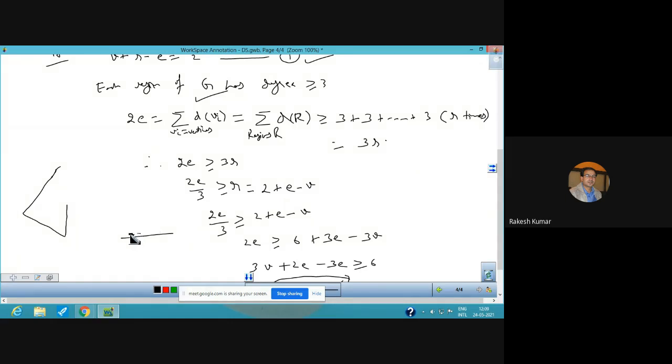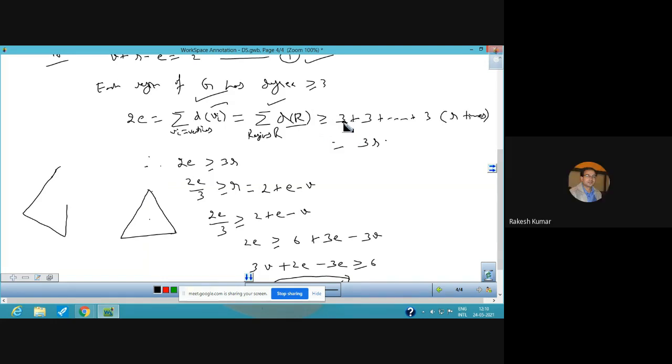This one edge cannot create an inner region. And similarly, if we add one more edge along with it, now there are two edges, two edges also cannot create any inner region. But if we generate one more edge, now three edges create a region. So that is why this concept has been used. The sum of the degrees of the vertices is the same as the sum of the degrees of all the regions. Now the degree of a region means the number of vertices used for creating the region. This is the meaning. Then that is always greater than or equal to 3.